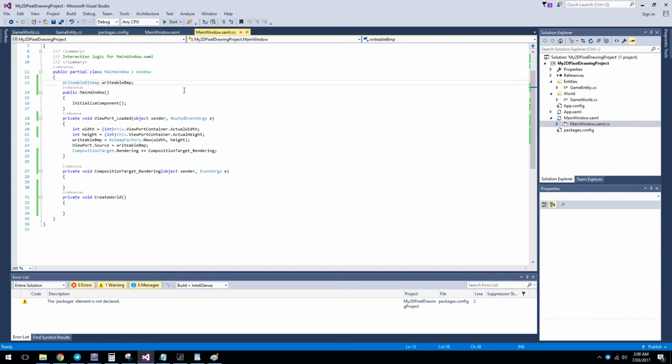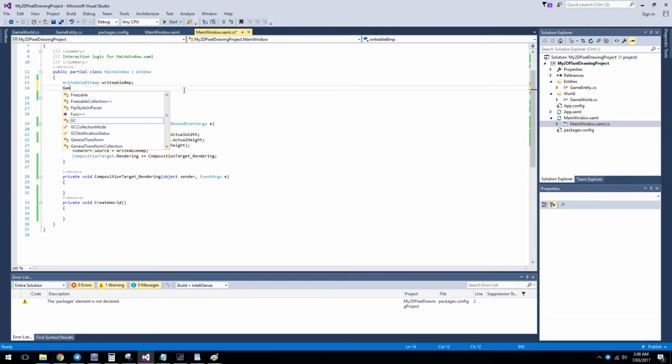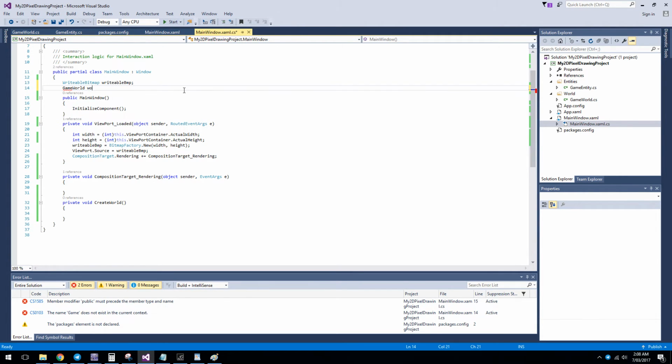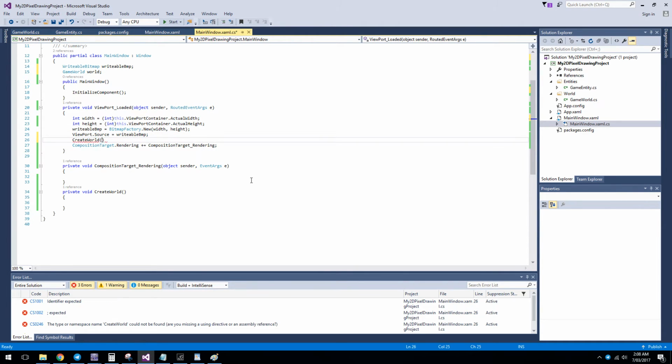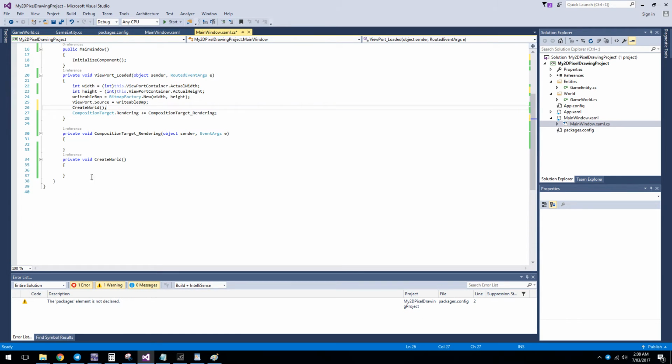And in our main window, we now want to have a reference to our game world. And we've got a create world function that we want to call before hooking up our render event, where we actually